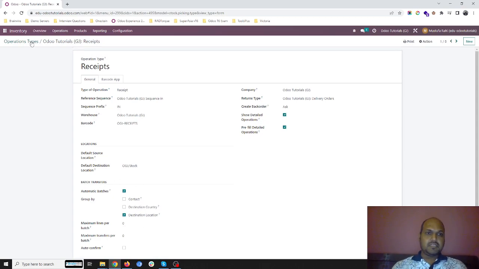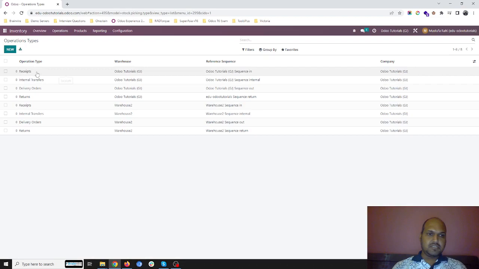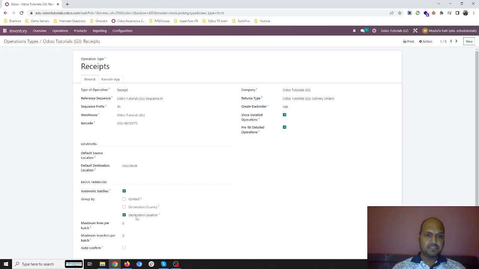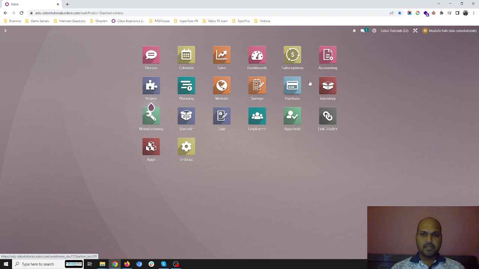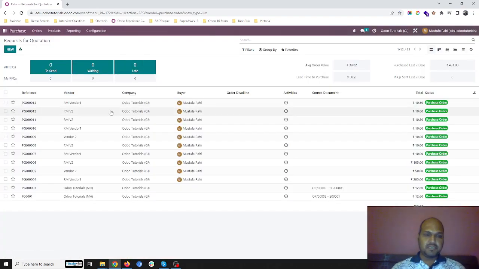So here I have taken two warehouses. In that I am going to show you the automation of batch creation on the basis of destination location, that is one, under my warehouse, this Odoo tutorial warehouse, and second is warehouse 2 where I have made it by contact, and during my receipt operation only I would like to create batch transfers. Okay, so here I have already made some of the